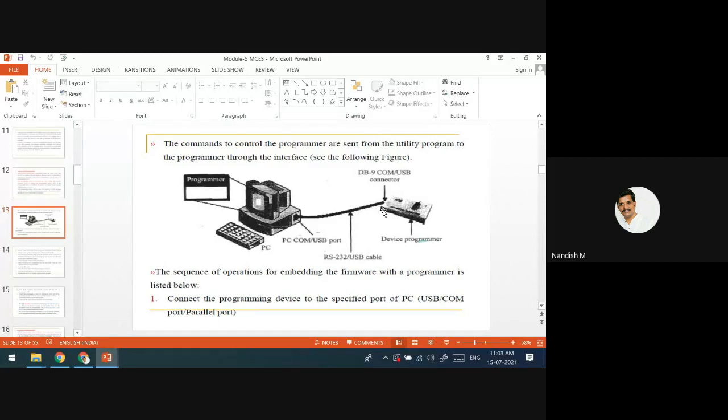You can see the hex file in the lab. If they start the offline classes for the microcontroller lab, then you are going to load the hex file into the microcontroller. That you are going to do for part B programs, hardware programs. There you will see the hex file.